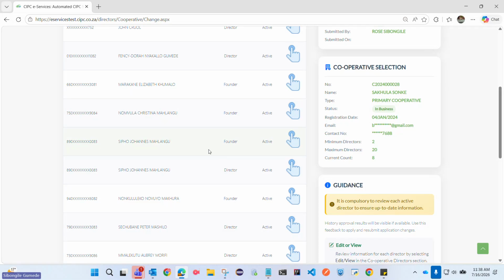Because there are some people who resign as a director and then stay as a founder. There are those who resign as both. So it's up to you to choose whether you want to resign as a director only or resign as a founder also. So hence this. When you check here on the site, there must be a minimum number of